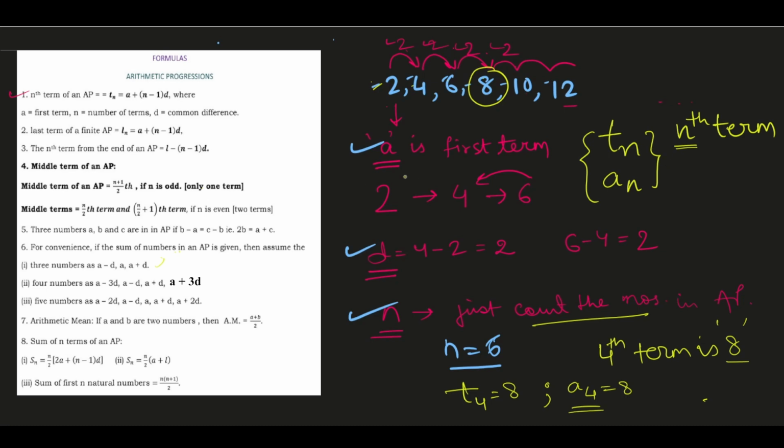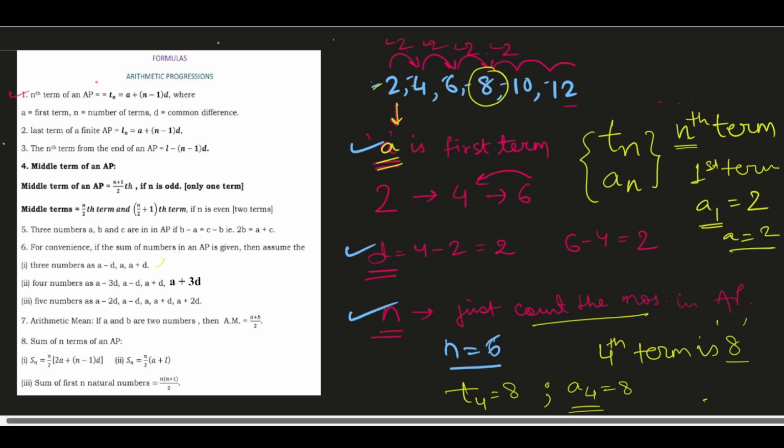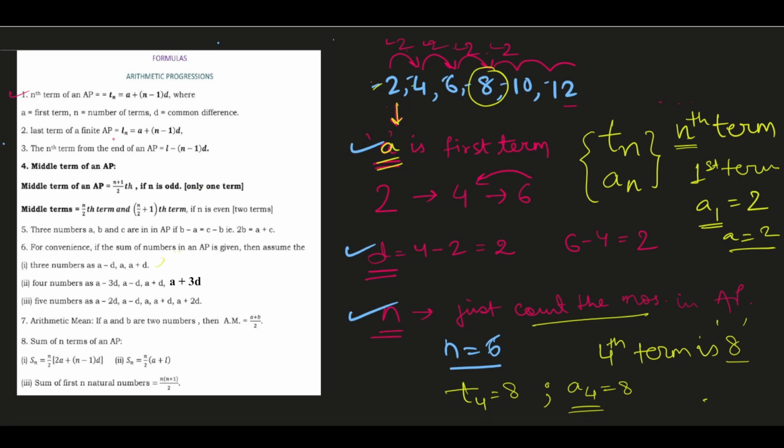Now see, why I wrote 2 as A or the first term. Just see, if I put 1 in the place of n, it means first term, right? So A1 will be 2. Now this A1 can also be written as simply A. Now see in this formula, the second one, they have told us to calculate the last term of a finite